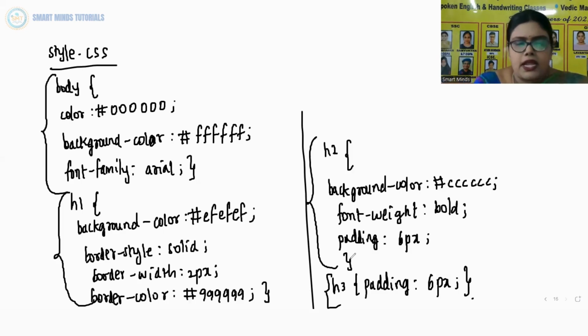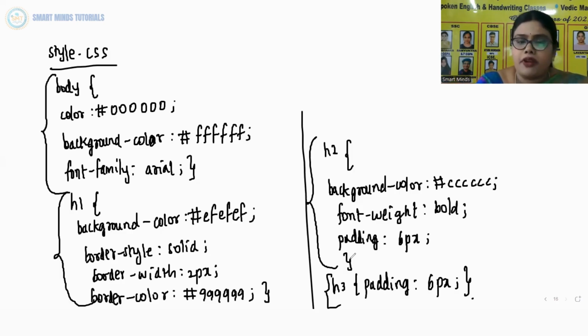Rule 1 in style.css is prepared to apply the default color to any text and lines used in the document. The default color of the text and lines of the document is taken as black. The background of the page is specified as white and the typeface is Arial in rule 1. And what about rule 2?